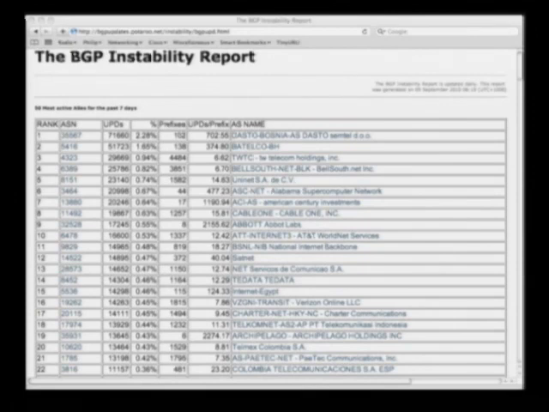How can you do 7 updates per minute? I mean, gosh, there's a lot of flapping going on there. Even if you account for all the different diverse paths to get to Australia, 7 updates per minute is spectacular. And it's not just them, it's also 50,000 from Bahrain, 29,000 from there, 25,000 from here, 23,000 from their regular